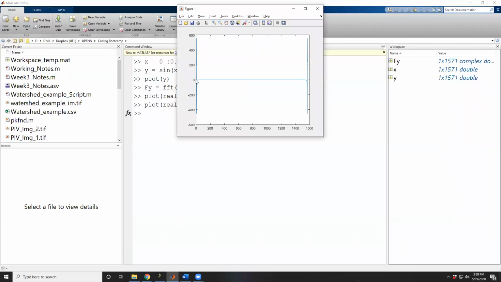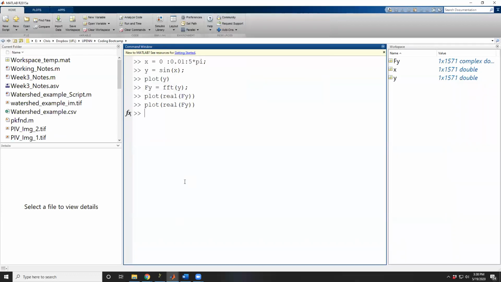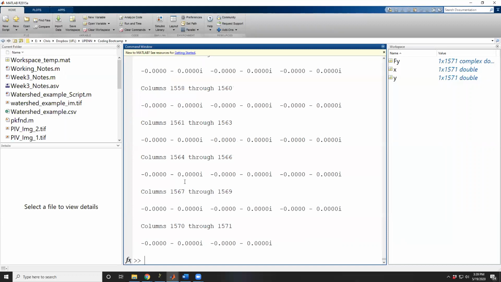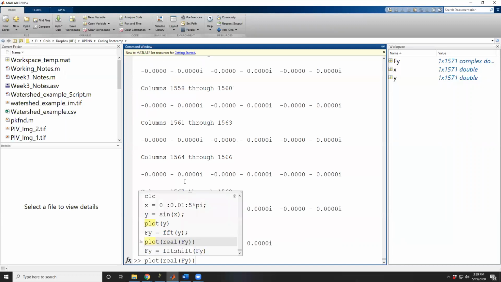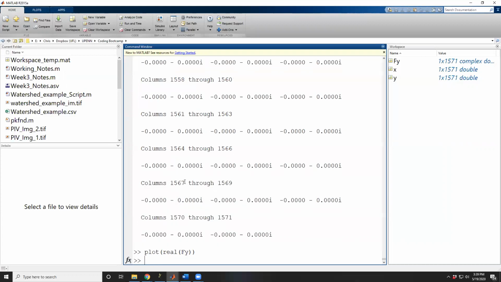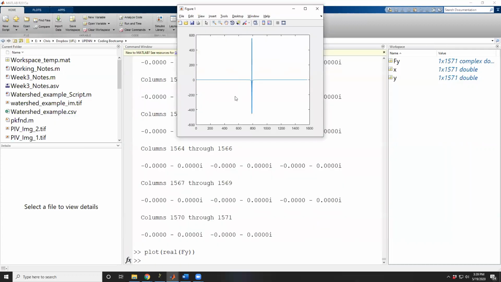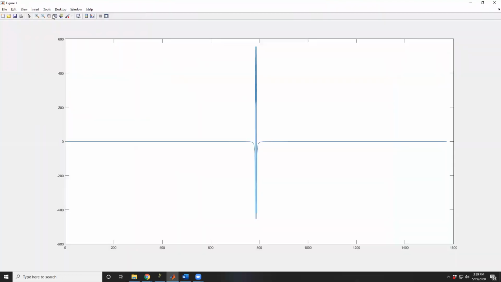We kind of work from 0 to positive frequencies, and then from negative frequencies back down to 0. So by using the FFT shift of our Fourier transform, we're going to redefine that as just our Fourier transform again. And then we're going to again plot just the real component of our shifted Fourier transform. And now it matches up with what we'd expect. So if we were to zoom in here